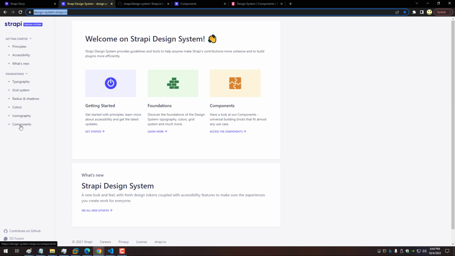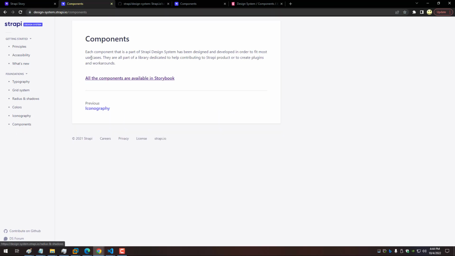And if I click on the components down here, it says each component that is part of the Strapi design system has been designed and developed in order to fit most use cases. They are all part of a library dedicated to helping contribute to the Strapi product or to create plugins and workarounds. And then here's a hyperlink, which if you click on that, it takes you to,